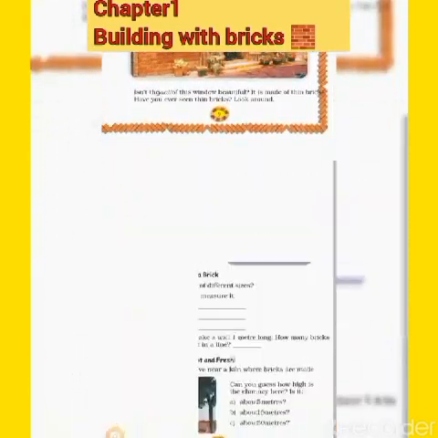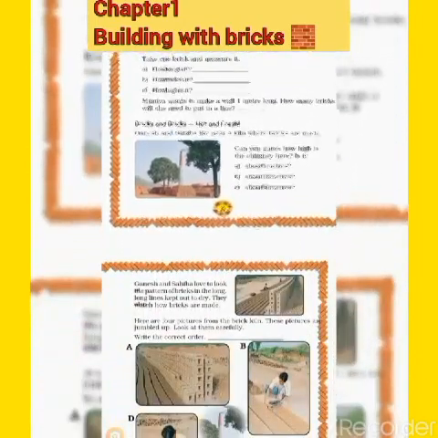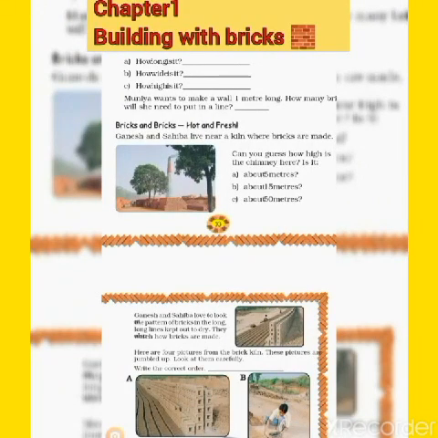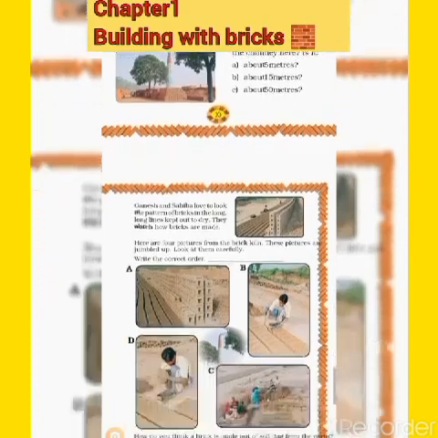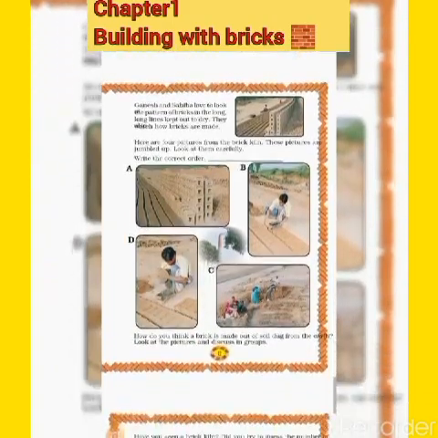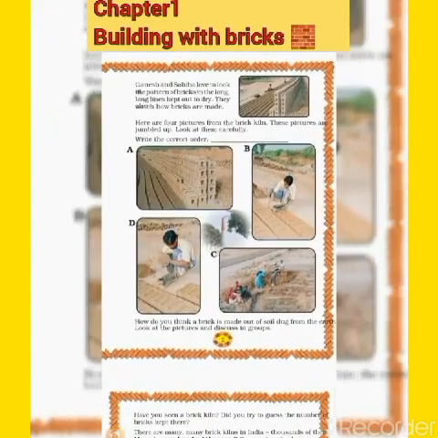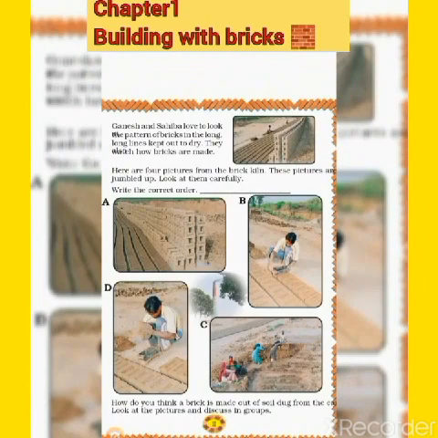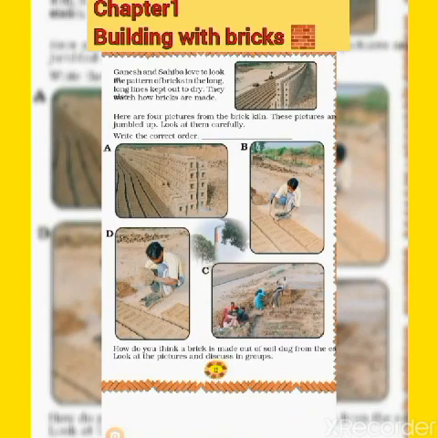Now this is a time for one. Just have a look at this picture. This is a question they are asking. Ganesh and Shaiba live near the kiln where bricks are made. Have you heard this word before, kiln? Kiln. You just observe this place and also the diagrams I was showing you. Yes, exactly what you guessed. It is a place for manufacturing bricks.